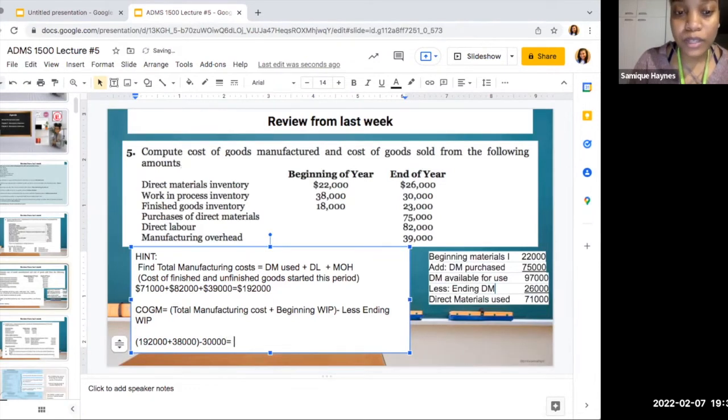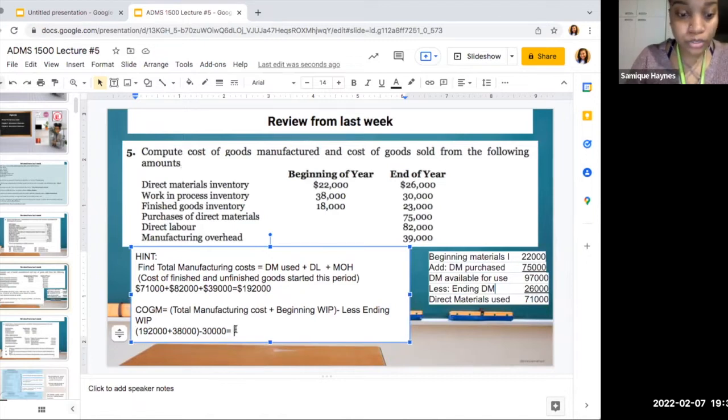Can somebody tell me what the cost of goods manufactured is if you calculate it? $200,000. So that's our cost of goods manufactured. Does that make sense that this is now only the goods that are finished? So basically we're saying the total manufacturing cost is the cost of all of the goods that we have started and finished this period, plus the goods that we started last period,